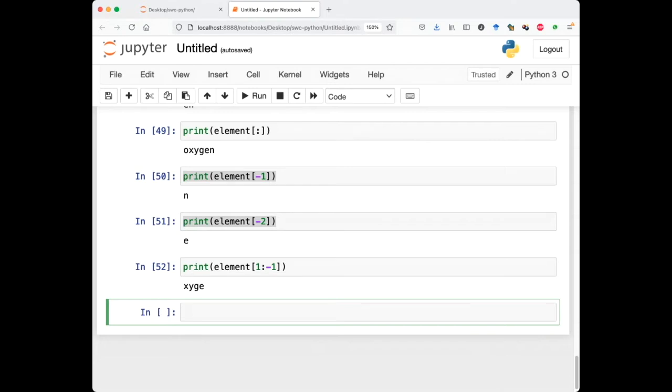So the next exercise is around thinner slices, and what it's basically asking you is what will happen if I were to do this. Remember, I defined my element array before as a string. So if I were to do this,